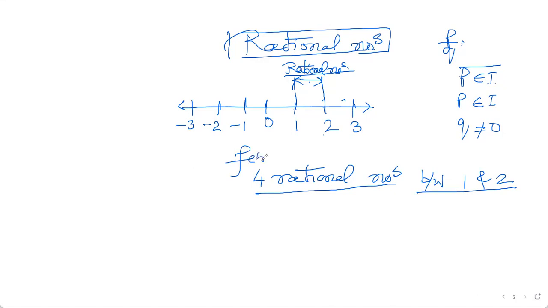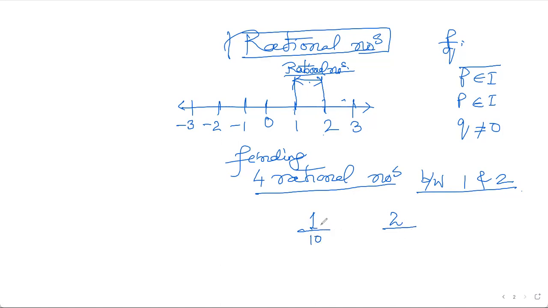Finding 4 rational numbers between any two integers. Finding 4 rational numbers between 1 and 2. So take 1 here, 2 here. Between 1 and 2, I'm not finding much space because 1 is a whole number, 2 is also a whole number. Visibly, it does not look like there are any numbers between 1 and 2. But if I calculate it, then I can find several numbers. If they are asking you to find only 4 or 5 numbers, you can find them by simply changing it into